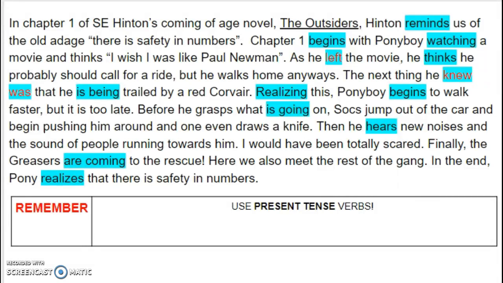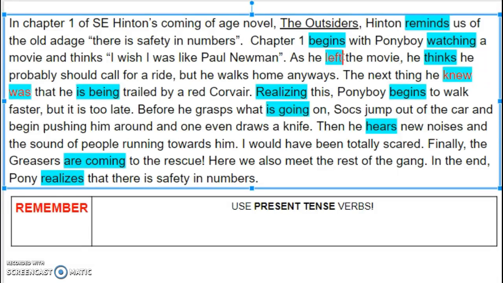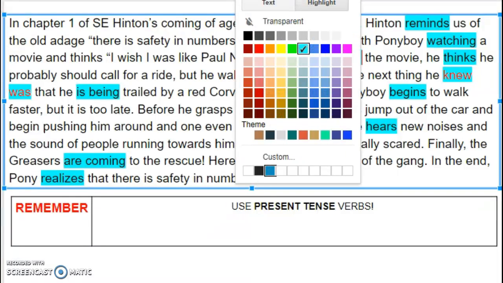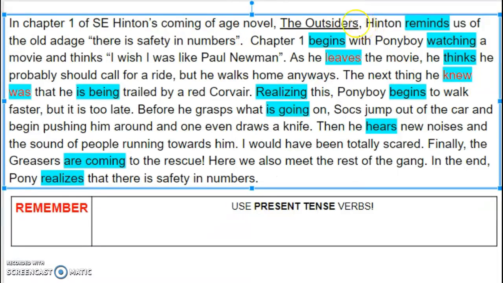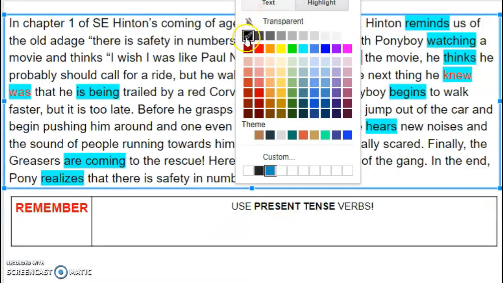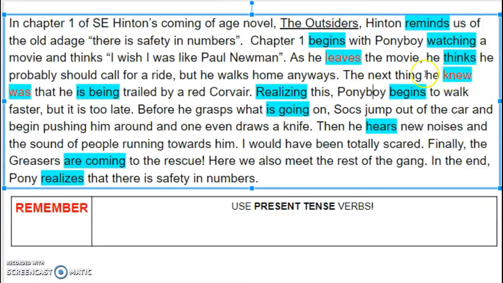Sorry about that. And my verbs are here. I always want to use present tense verbs. So I want to use verbs that end in S or verbs that end in ing. And you can see I have, does anybody see the red ones here that are highlighted? I have 2 that I need to fix. So here I have as he left the movie, and I want to change that to as he leaves the movie. And doing that simple fix really changes that verb to present tense. I'm just going to come back and change it. And then here I have the next thing he knew was, and I'm going to change those verbs to the next thing he knows